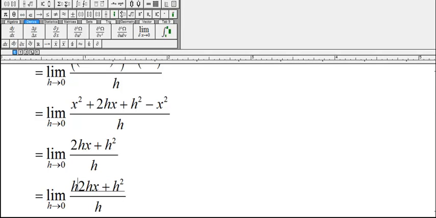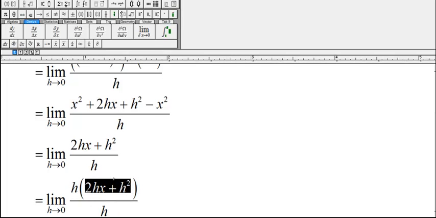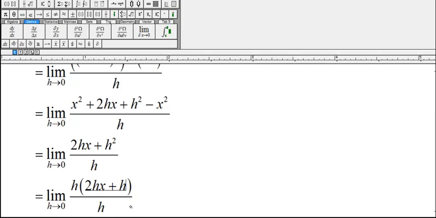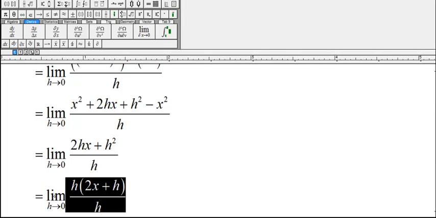Well, hopefully you see that in the numerator we can factor an h out of this, which means what's left in here, we're dividing both of these by h, so that puts that down to the first power, and it gets rid of this h altogether. Now we use